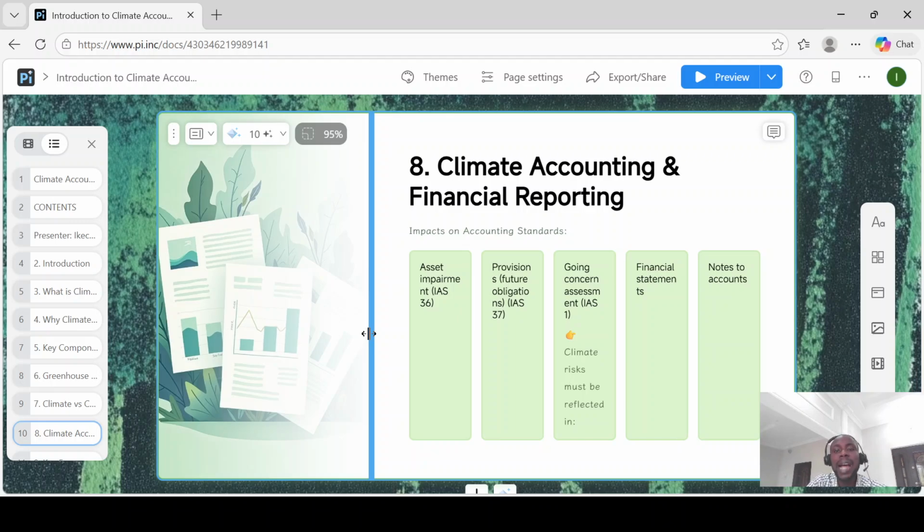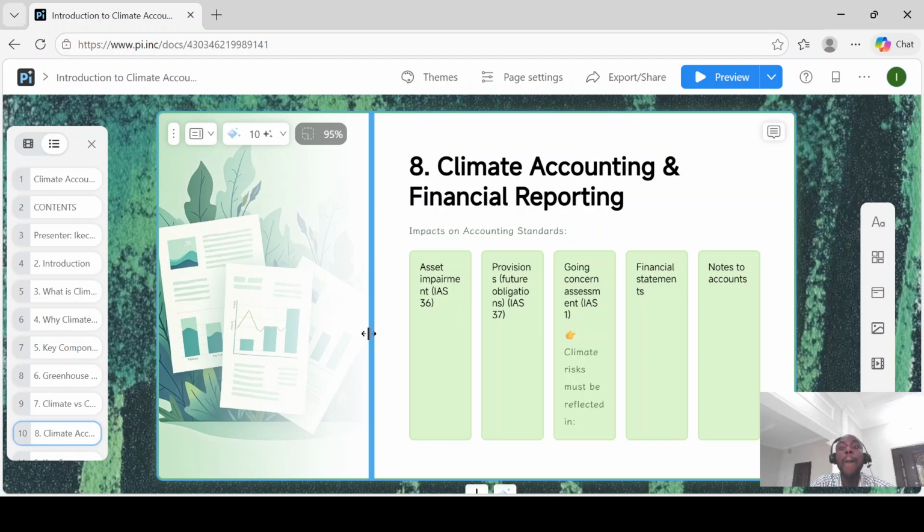How does climate accounting affect our accounting standards? It affects asset impairment, which is covered by International Accounting Standard 36, which deals with impairment of assets. It also affects our provisions, contingent assets and contingent liabilities, which is dealt with by International Accounting Standard 37. And it also affects our businesses as going concern, because climate risk and opportunities are material, which means